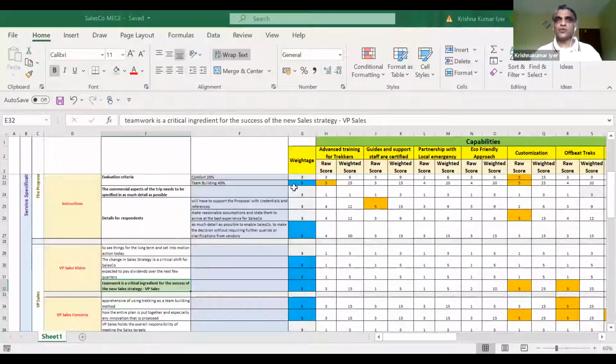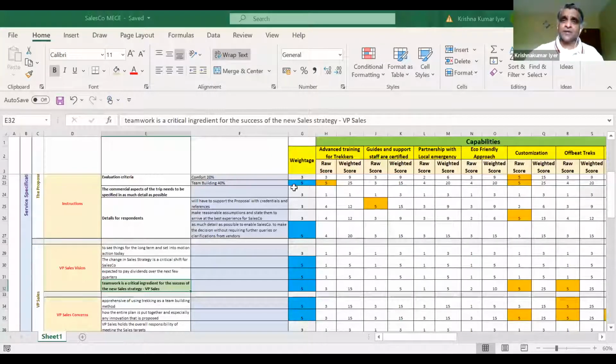Now, the next step is to group these issues in a logical form. This technique is called MECE, or mutually exclusive, collectively exhaustive. It is quite a popular technique with McKinsey, probably one of the largest and most reputed consulting firms, and they use it to analyze and understand their clients. We have adopted this to help understand proposals.